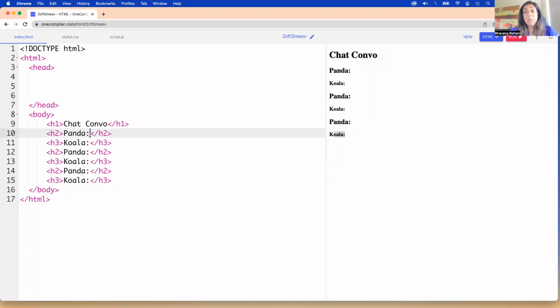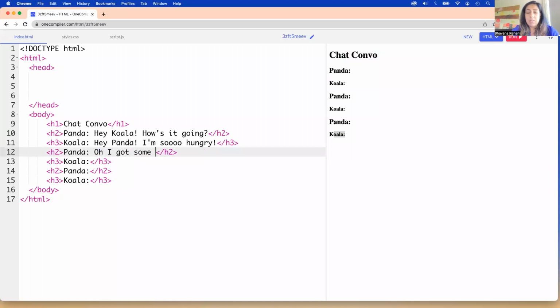And now I'm going to make a fake conversation, right? I don't know what they talk, but if they were talking, what would they say? So panda would say, hey, koala, how's it going? And then the koala might say, hey, panda, I'm so hungry. And what does panda say? He's really nice. And he says, oh, I got some yummy food for you. And then koala says,